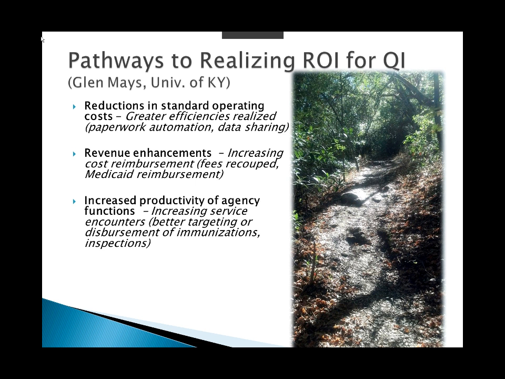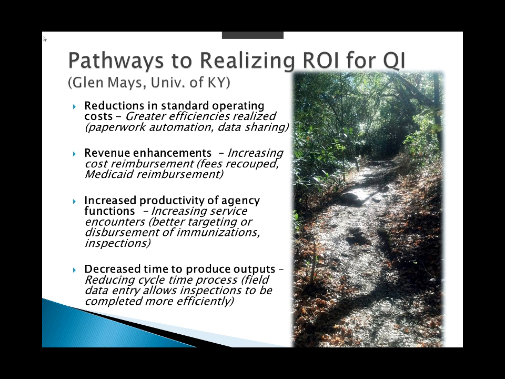Increased productivity of agency functions, so thinking about increasing service encounters, better targeting or disbursement of immunizations, inspections. Decreasing the time to produce the outputs that we undertake, reducing cycle time process. For instance, thinking about field data entry when we're doing a restaurant inspection and the efficiencies that can be realized with that. So these are some of the ways in which ROI can be best targeted within an agency setting